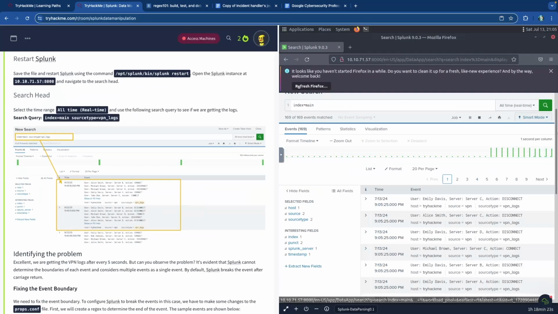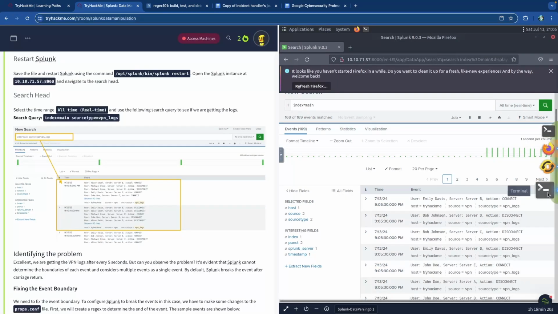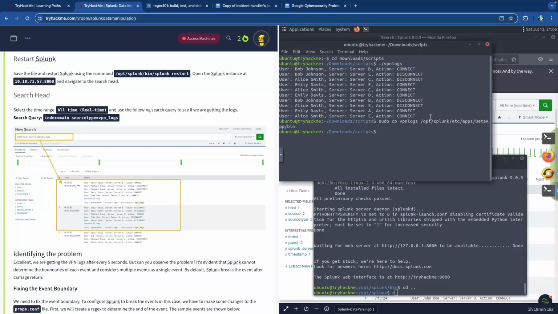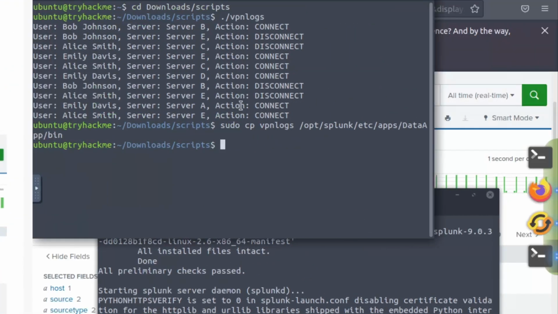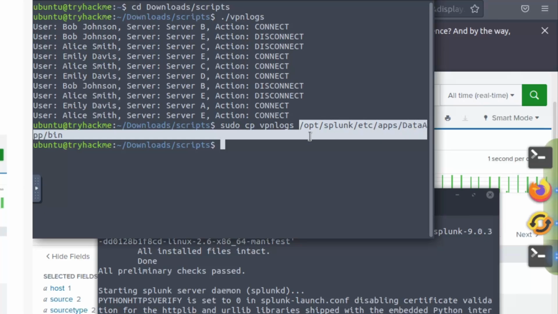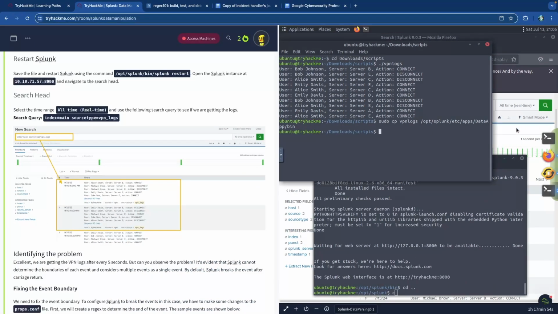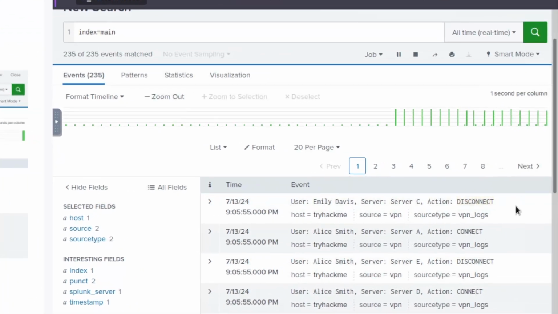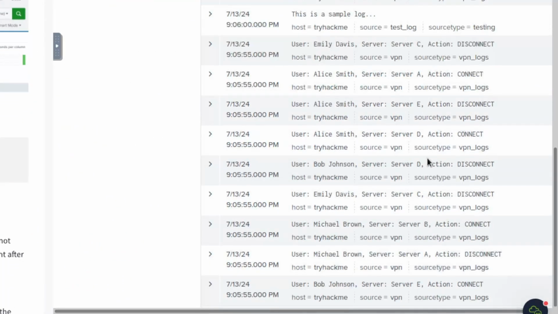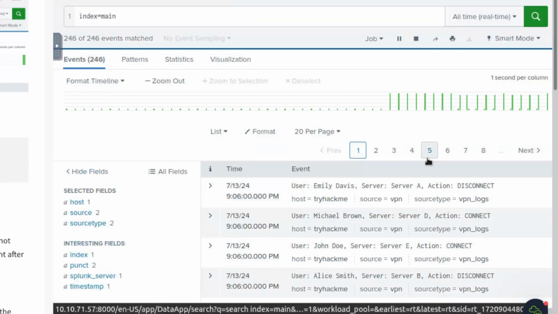So I went inside of my terminal, very simple, and I literally just copied it. I made sure I used sudo, and I was inside the download script folder. So inside of this script folder, I did sudo copy VPN logs, and then copied it into the data app binary folder. As soon as I did that, I noticed that we have events coming in, because prior to that it was only showing the events